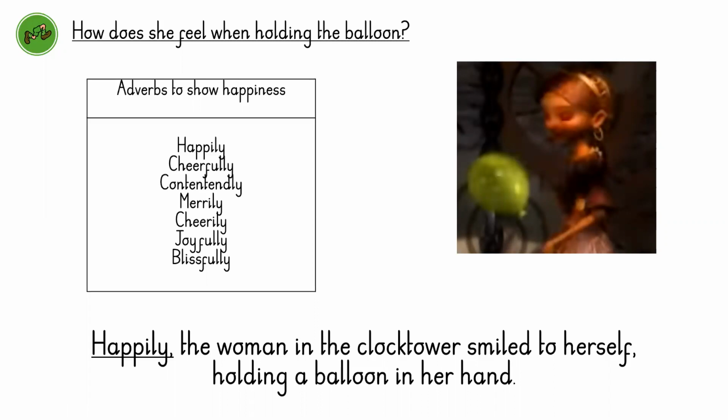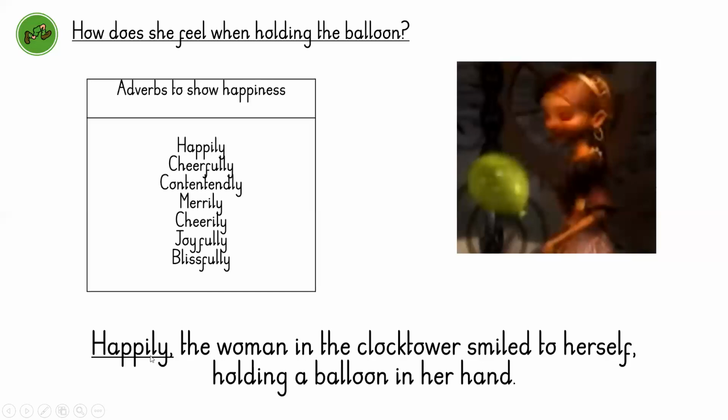A thesaurus can sometimes be really important here, because if you look up happy in the thesaurus, you get lots and lots of different words that mean happy, and you can think about whether you can change them into adverbs that still work. So we're looking for adverbs that show happiness, and we're going to start our first sentence with one of those. Now, remember the rule: if you are starting a sentence with an adverb, of any type, after it you have to have a comma. So whatever you choose as your adverb of happiness, make sure when you're writing it's followed by that comma.